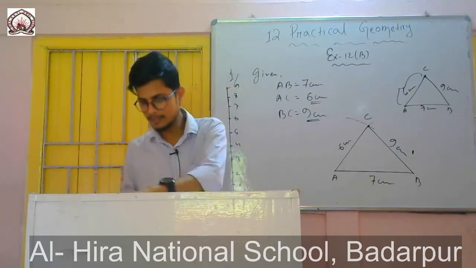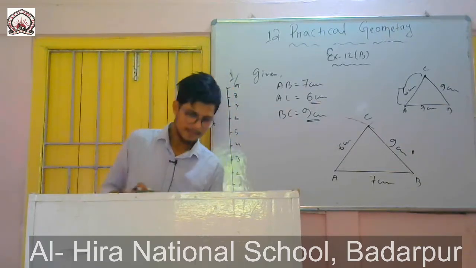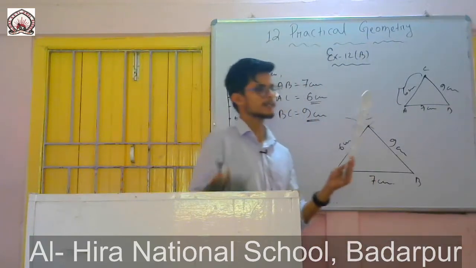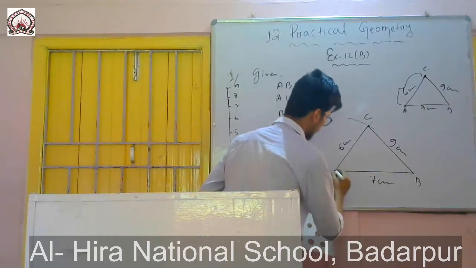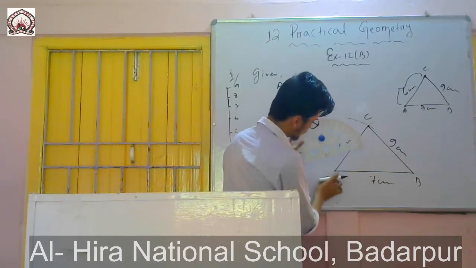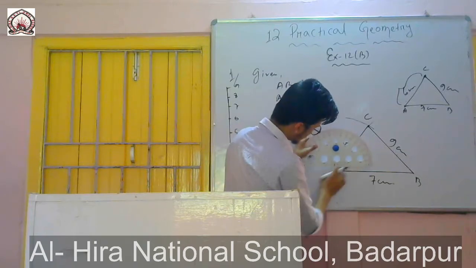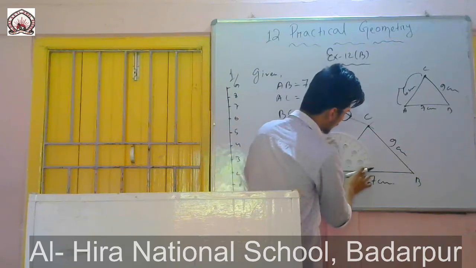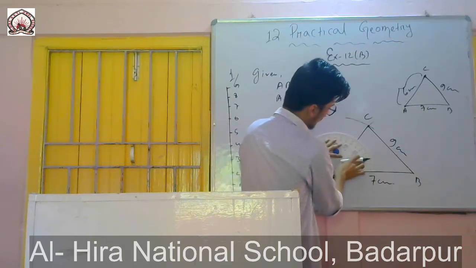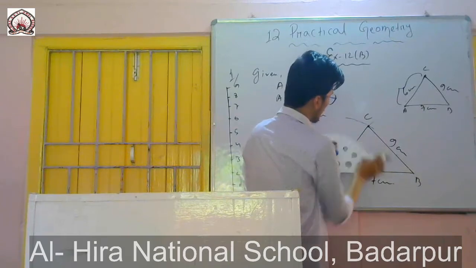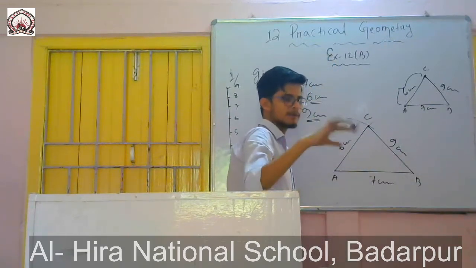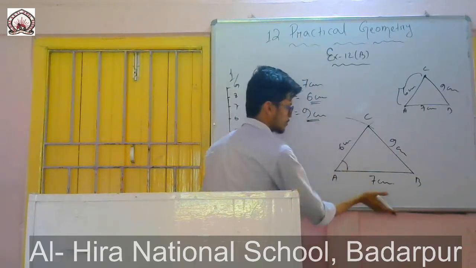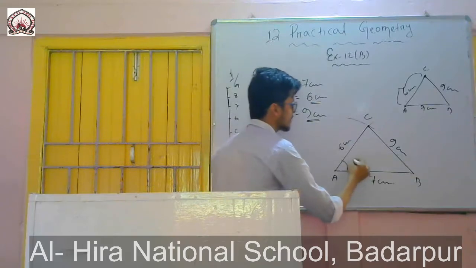Now in the question, one part is given extra, that you have to measure angle ABC. So how to measure angle ABC? You take out your protractor. So at point A, that means at 0, you just put it like this. This 0, you put it like this, and you measure the angle. You just count from here. Here it is 0 given, 0, 10, 20, 30, 40, 50. Here 55. Whenever you take the measurement correctly, you may get changed values. So you just measure it correctly.